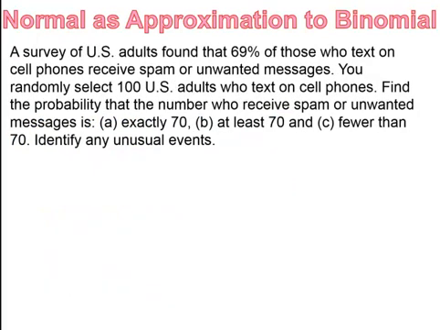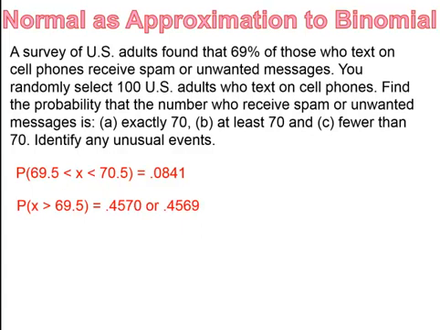Pause and try. So for exactly, remember to do that corrected interval, it's between 69.5 and 70.5, so you should have gotten a probability of 0.0841. For at least 70, the corrected continuity would be x is greater than 69.5, so your probability would be 0.4570 or